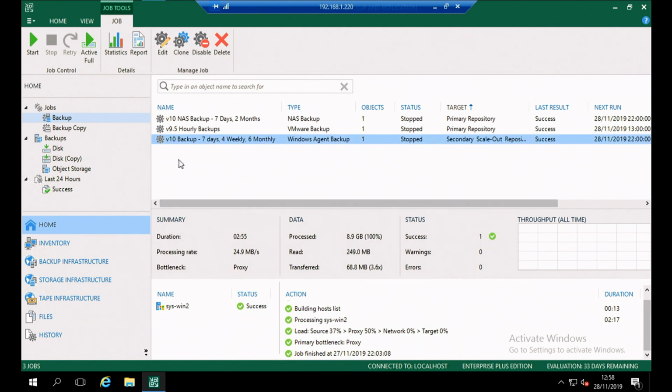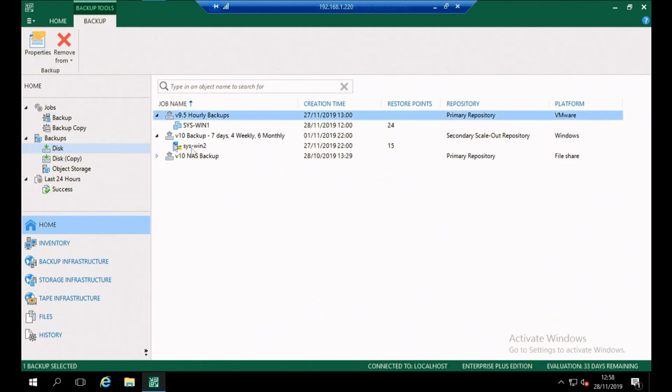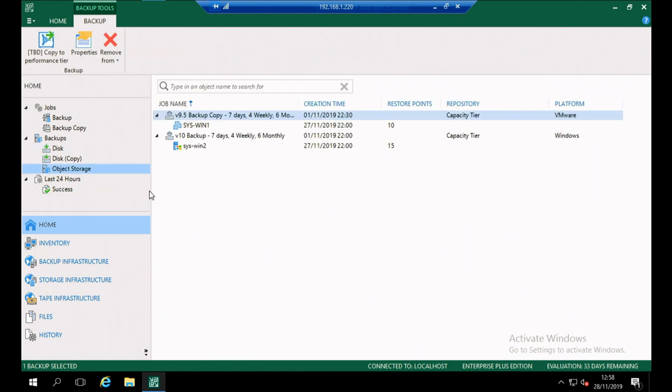As I showed you earlier, if we look at this V10 backup here, we have this window. This is an agent-based backup, but we have that data locally as well as out in object storage. So that object storage is our offsite. We have the costs of consumption and egress charges, etc. We are being clever with that with metadata in object storage. However, we don't have that cost of a secondary site. So hopefully